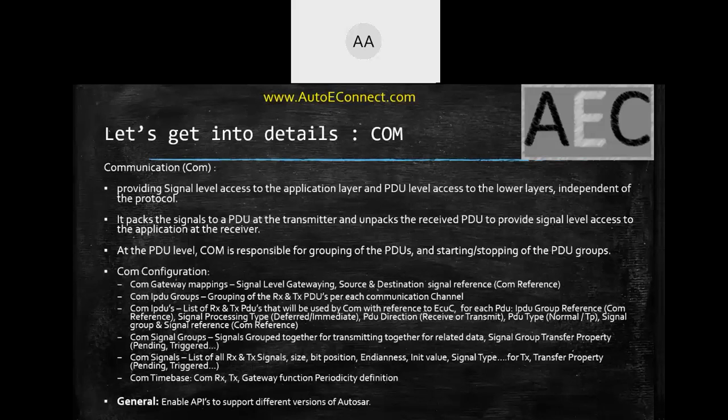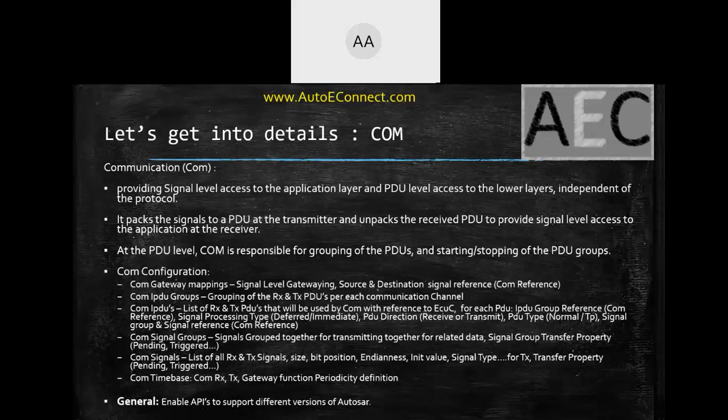So this is another highly useful feature if you are working on a complex vehicle network, and of course it covers most of the general use cases where not all the signals inside the PDU are handled by one ECU, because the PDUs are segregated based on the functionality of the vehicle, not the functionality of a respective ECU. In general, the communication design happens at the vehicle level, not at the ECU level, and then it is segregated per ECU. So there is always a high possibility that not all the signals will be filled or processed by one single ECU.